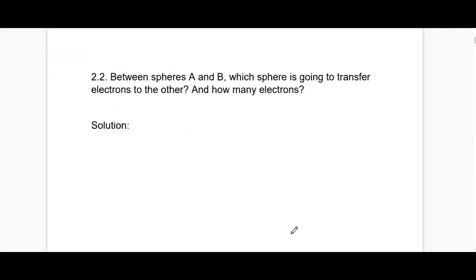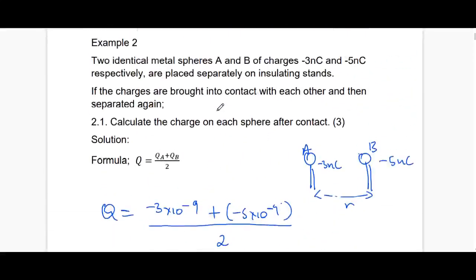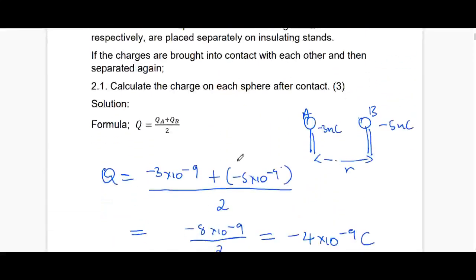So now 2.2, sphere A and sphere B. Between sphere A and sphere B, which sphere is going to transfer electrons to the other, and how many electrons? Okay, first of all, we have to check which one is more negative. The one that is more negative is the one that is going to transfer electrons to the other, so that